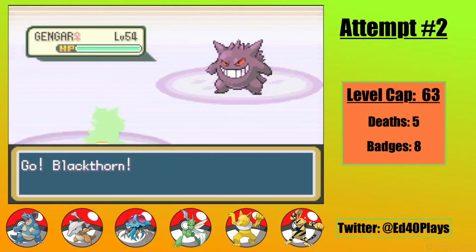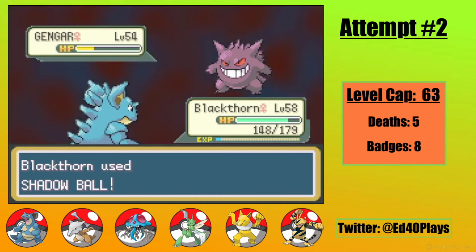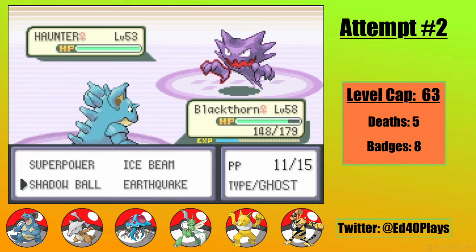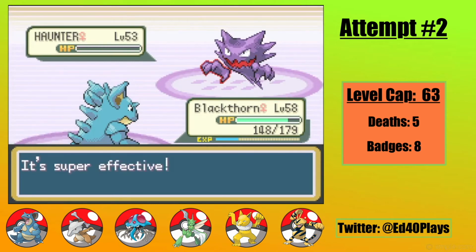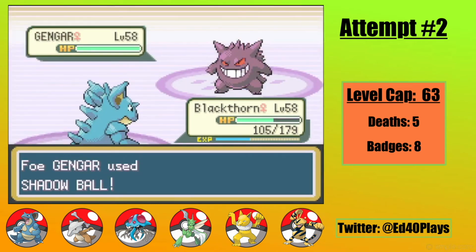But this feels like it's going to be Blackthorn's time to shine. Agatha's first Gengar sets up Double Team, but Shadow Ball connects to take her under half. After Shadow Punch, the second KOs. Haunter's in now, and if Shadow Ball did that much to Gengar, I bet it'll get rid of Haunter. And I'm right. The final Gengar's in now, and uses Shadow Ball to bring Blackthorn just above half, as she